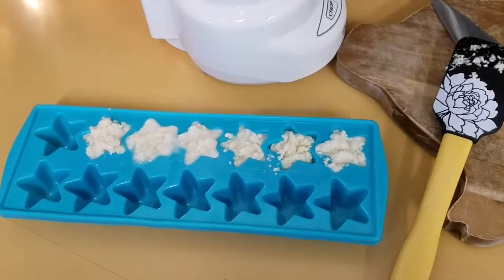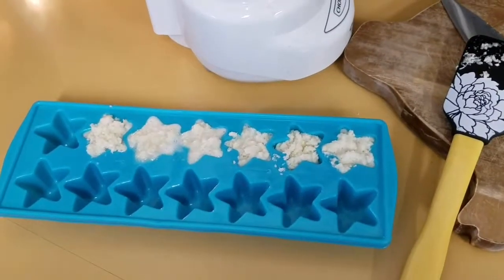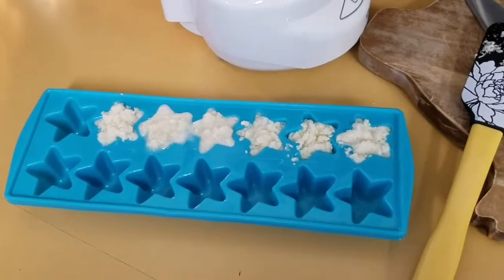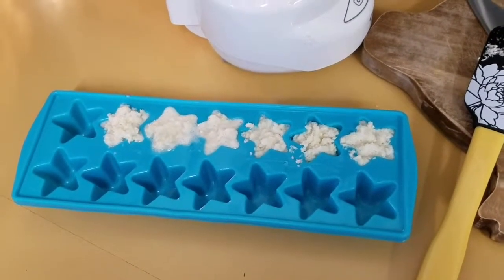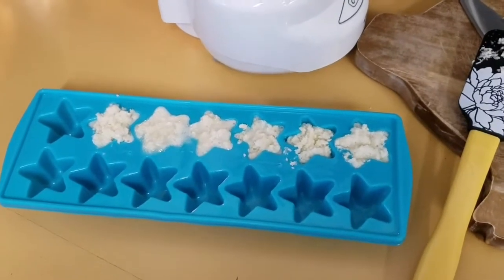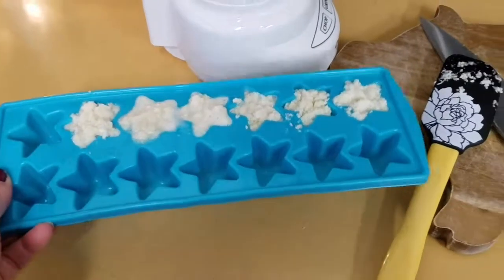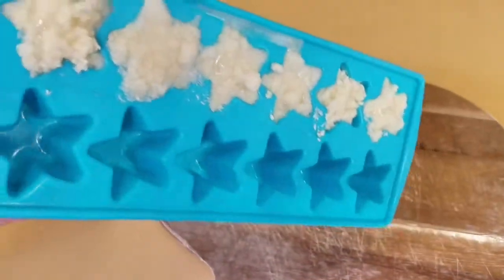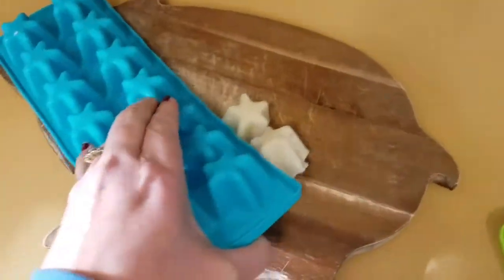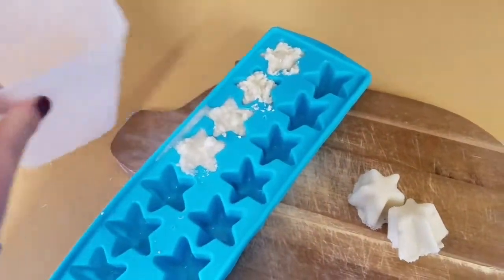When you add the vinegar to it, the longer you leave it in the vinegar, the more it neutralizes and it won't be as hot. So that's the other reason I'm going to freeze it and add the vinegar later. We like to have hot horseradish, especially when you're sick. It clears your sinuses. So now I'm just going to pop this in the... Alright, they're completely frozen now, and I'll get them out. And then I'm just going to store them in this container and put them in the...